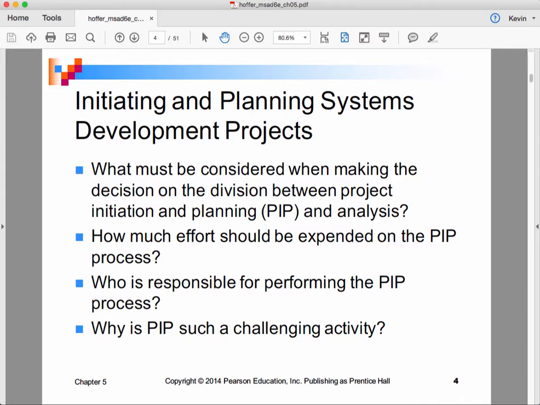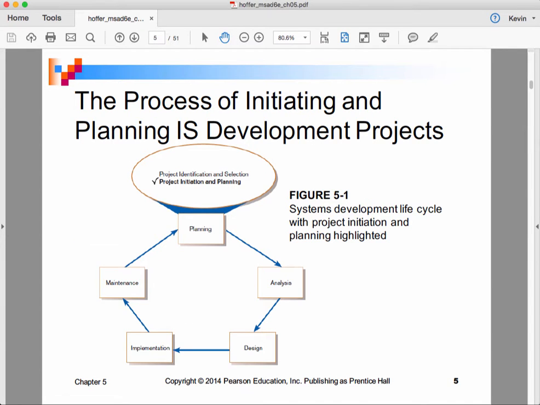So let's move on here. If we go back to the phases of the system development lifecycle as identified by Hoffer and the co-authors, they are planning, analysis, design, implementation, and maintenance. So to do planning